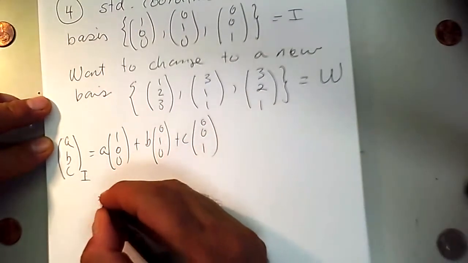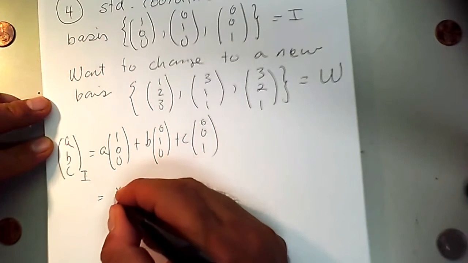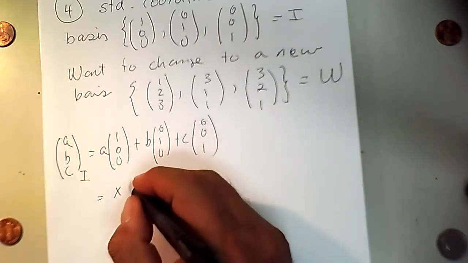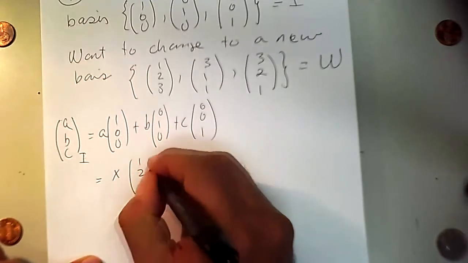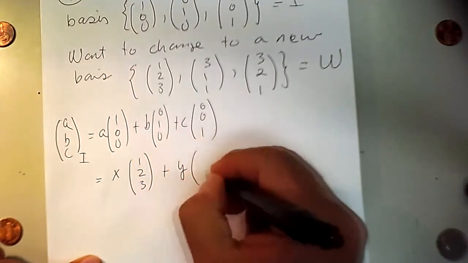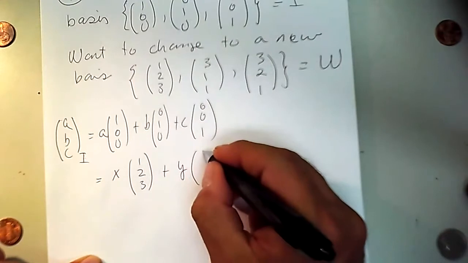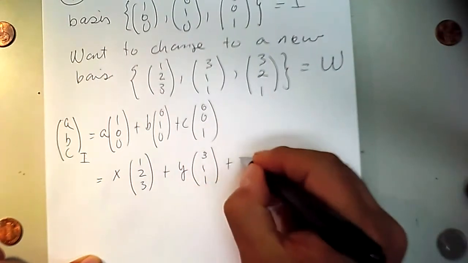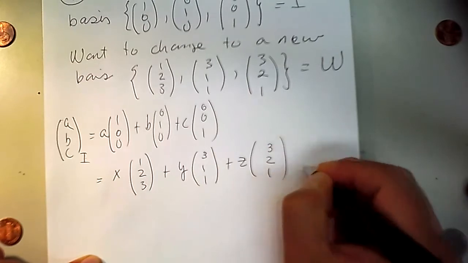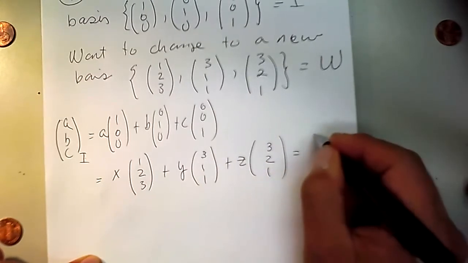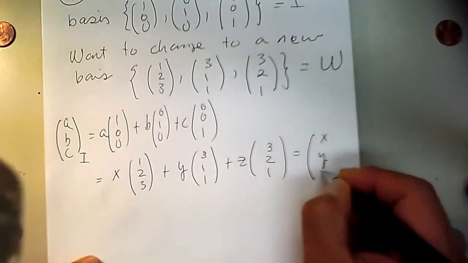But we want to write it as X of 1, 2, 3 plus Y of 3, 1, 1 plus Z of 3, 2, 1, which is going to give us the coordinates X, Y, Z